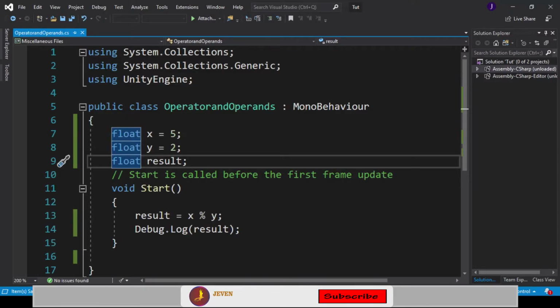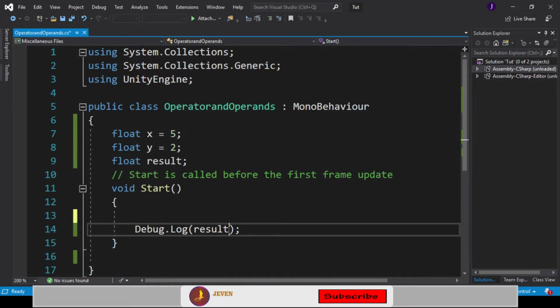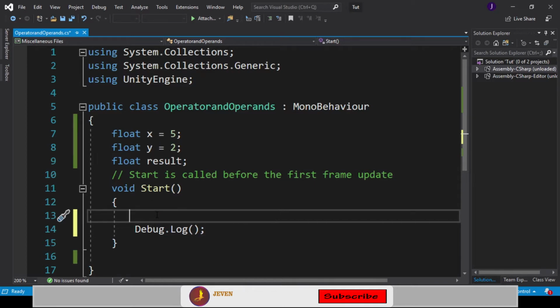The next is the increment and decrement operators. Now this is the same as adding or decreasing a number by 1. So let's take this out by deleting it, and in this case let's also remove this result. That's not what we're going to be printing right now. So in this case, our x is set to 5, and what I'm going to do now is I'm going to